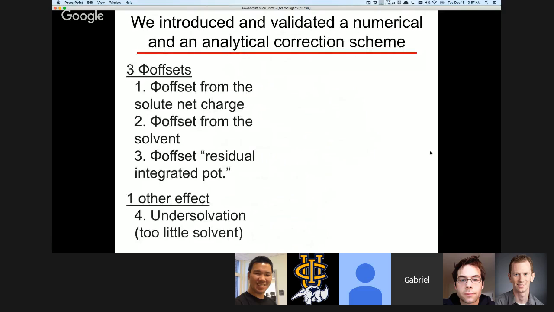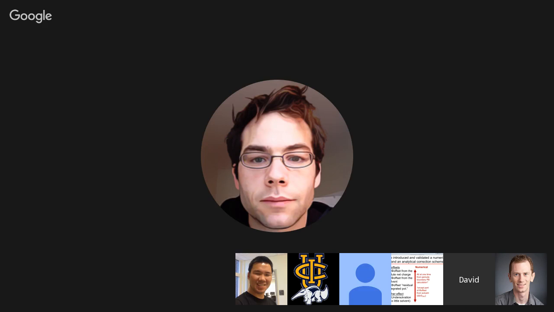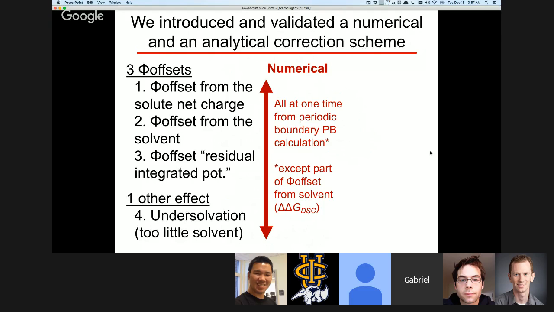Okay, so what I was saying was that the way the numerical calculation works is you switch to continuum solvent, you calculate your charging free energy in a periodic continuum solvent calculation and a non-periodic continuum solvent calculation. You take that difference, and that is your correction, which corrects for all of these effects at the same time. The one caveat there is that it doesn't include a correction for the isotropic quadrupoles inside the water molecules,